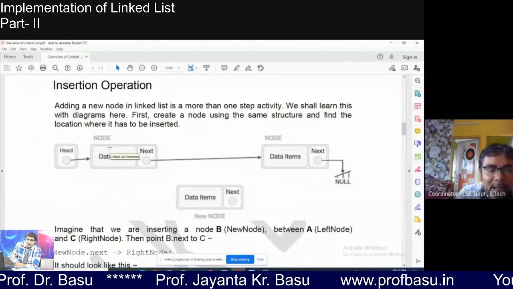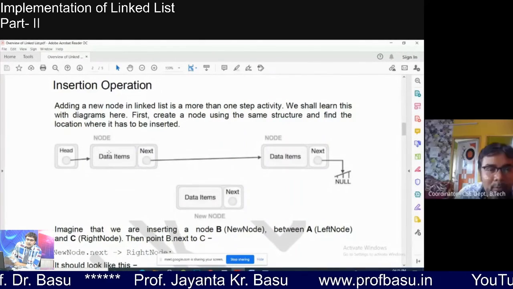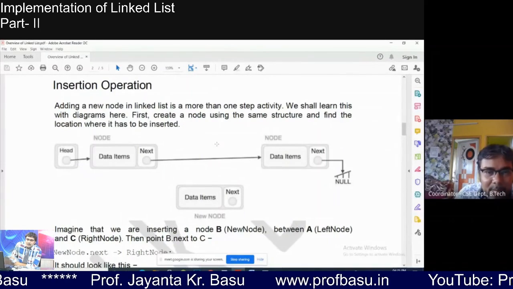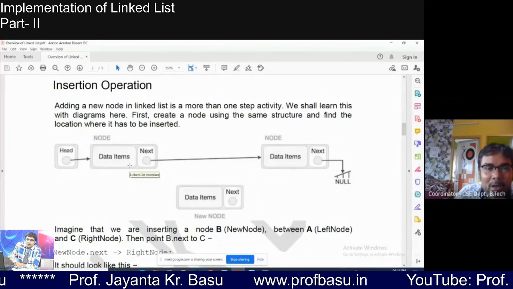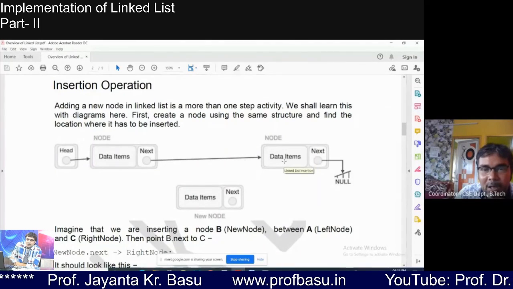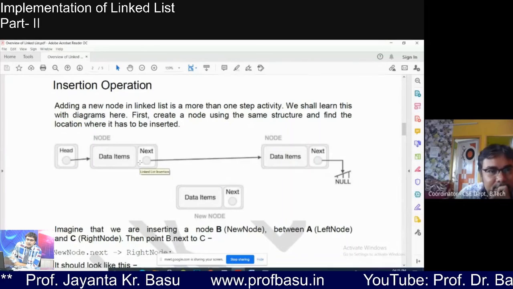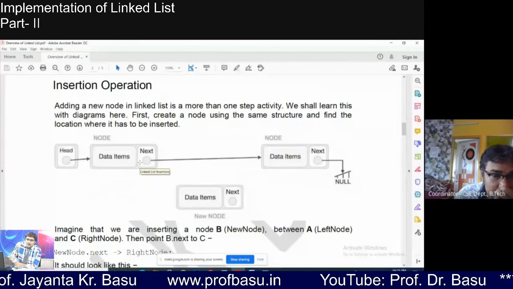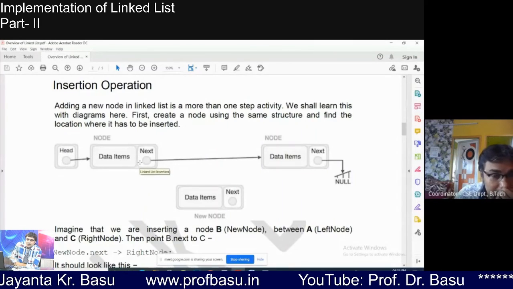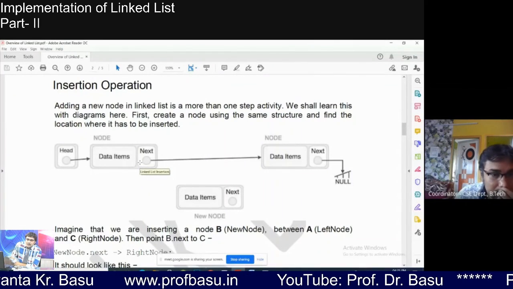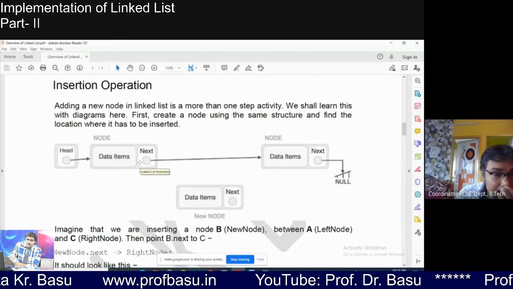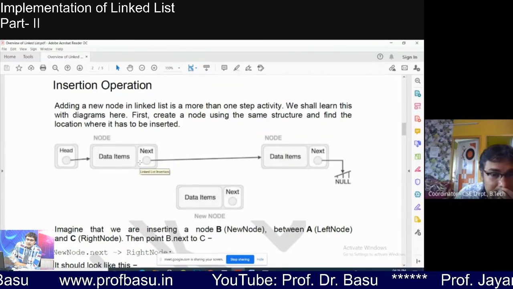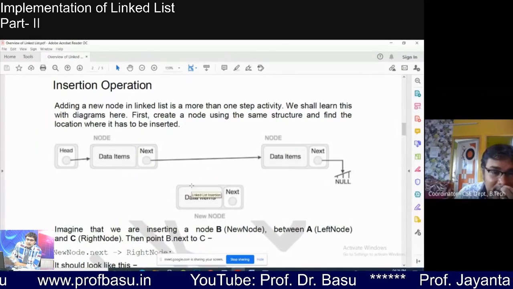I have to add another pointer, which will also take care of the previous node. So the main disadvantage is that once I move forward, I cannot traverse back. It is a very important question for your exam, in the theoretical exam also, and for the campus interview also, right? What is the advantage or what is the difference between single linked list and double linked list? This is the main disadvantage.